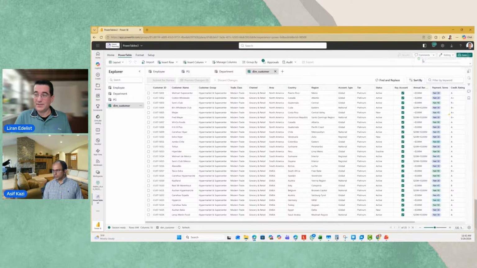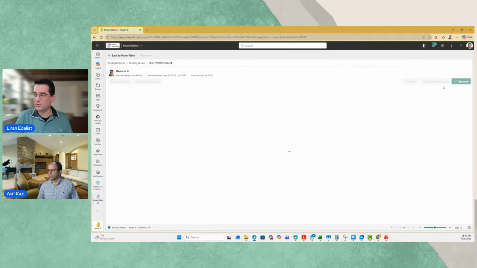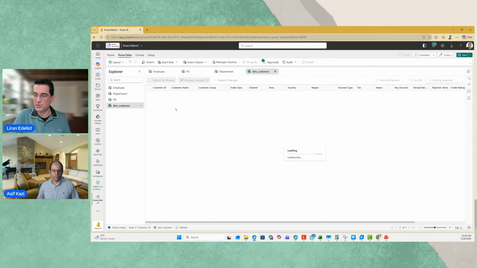It also creates a Teams notification, and you can see that I cannot save it, but because I made myself the approver, I can see that there are some pending items for approval. I can review that. I can approve it automatically. I want to see the details, and I might want to reject them, or approve all of those changes, or request changes and so on. All those changes are recorded here, and I can decide whether to approve and save to the database or not.